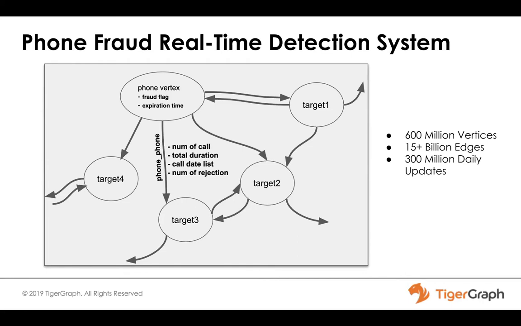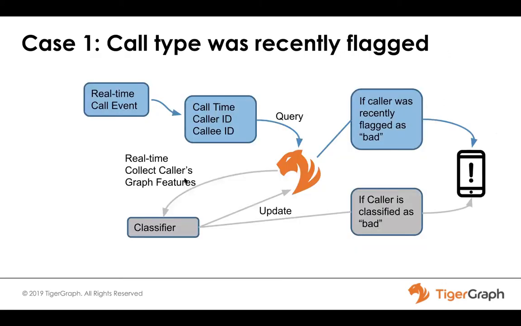All our fraud detection features are built from the raw features as well as the graph topology information. So let's look at the workflow for the fraud detection query again. In case one, when the call type was recently flagged, if you look at all the blue squares in the workflow, when the real-time call event happens, the query goes into TigerGraph, and if it's already recently flagged, it will show up on the phone that it's a